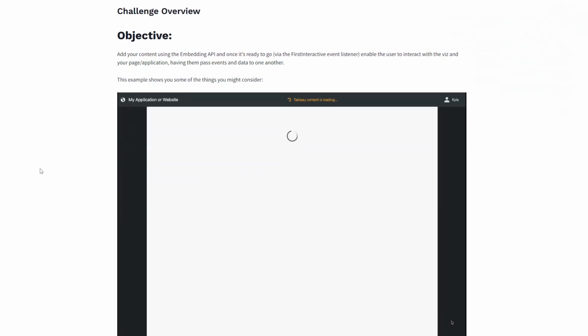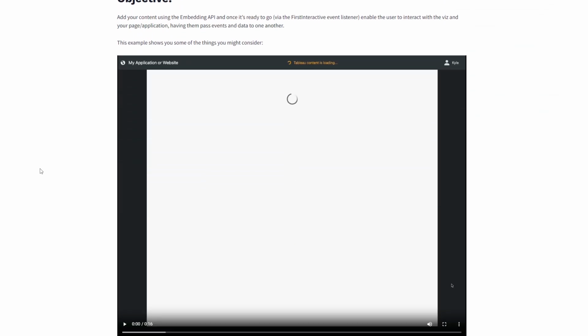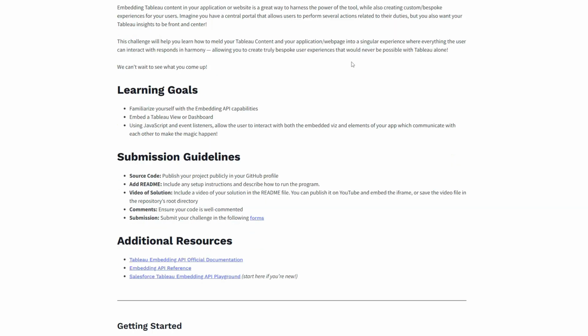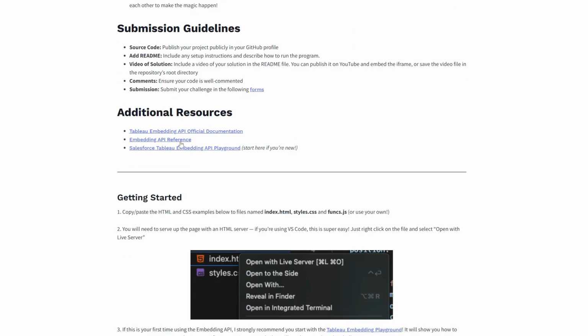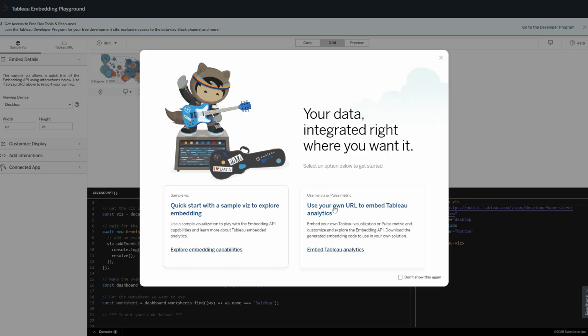You can see on the challenge, gives you a little bit of a sneak peek here. There's some resources to help you if you're having trouble or just want to get more familiar. I would highly recommend, if you haven't done this, as a matter of fact, here it says start here if you're new. I agree. Tableau Embedding API Playground is a great place to go. If you're just getting started and you just want to explore the embedded API, or you just want to see what it's about,